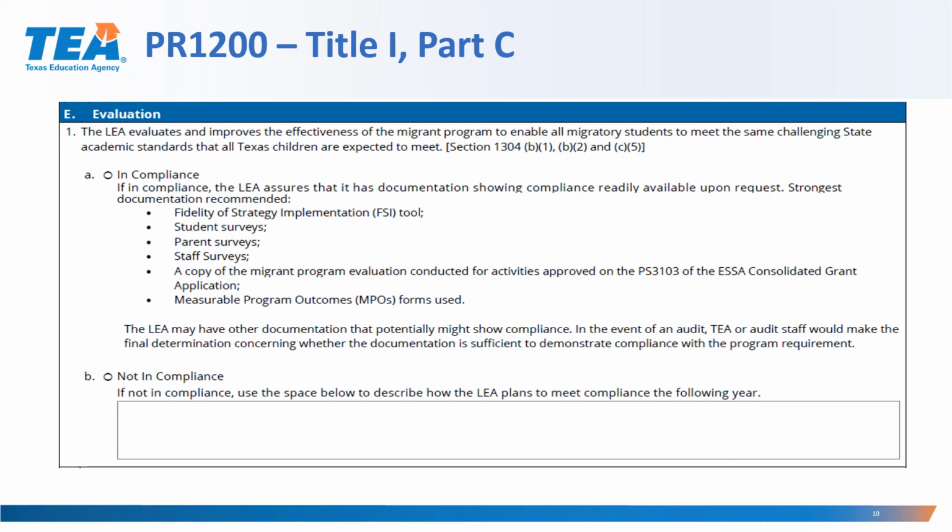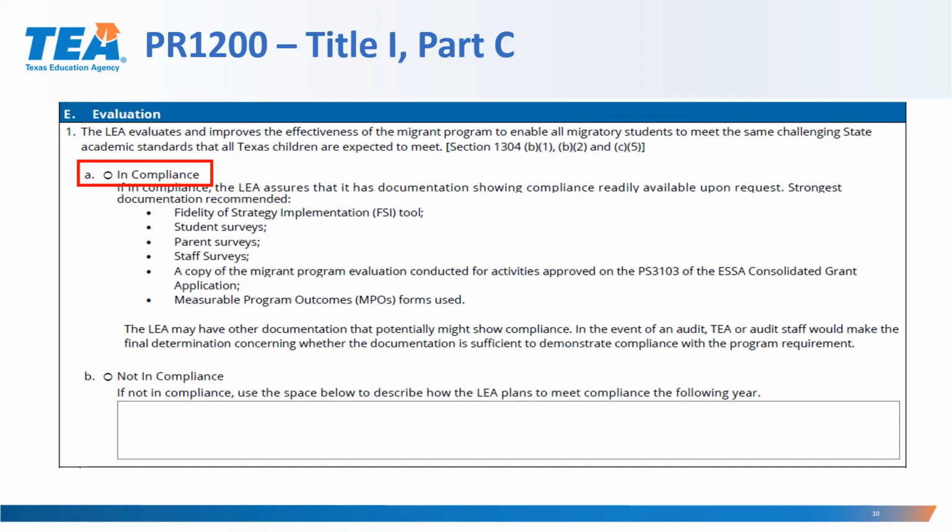Program Requirement E, Evaluation. The LEA evaluates and improves the effectiveness of the migrant program to enable all migratory students to meet the same challenging state academic standards that all Texas children are expected to meet. If the LEA selects in compliance, the LEA assures that it has documentation showing compliance readily available upon request, and